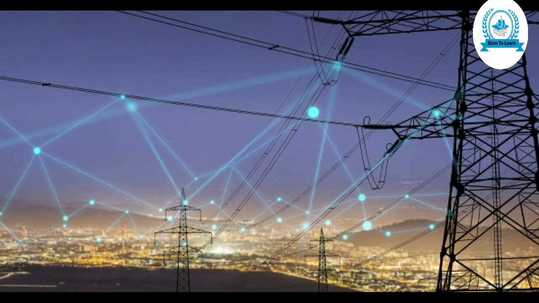Actually, watt is a small unit, therefore a bigger unit of electric power called kilowatt is used for commercial purposes. It is obvious that 1 kilowatt equals 1000 watts, or 1 kW equals 1000 W. It should be noted that the symbol for watt is W and that for kilowatt is kW.